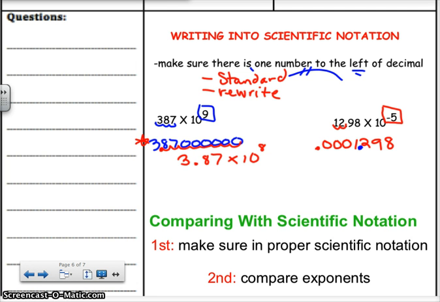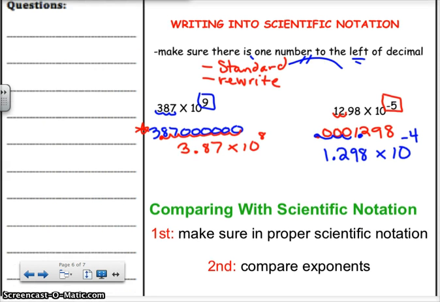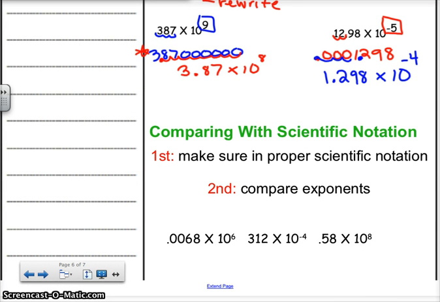Now I want my decimal right there, 1 to the left. So 1.298 times 10, and then I say, okay, how many spots do I need to move? 1, 2, 3, 4 to the left, negative 4. And last, now that's huge. What I just covered with you is huge, those 2 examples. You will definitely be utilizing that today. Okay, and then you have a couple comparing, and I think that I'm going to just hold off on the